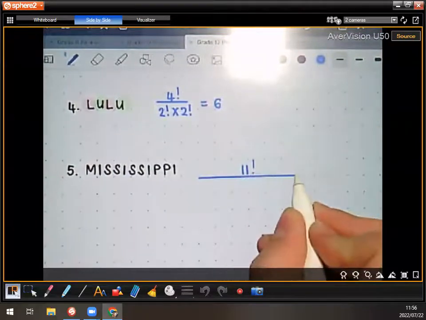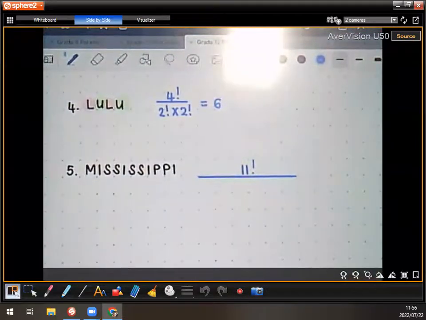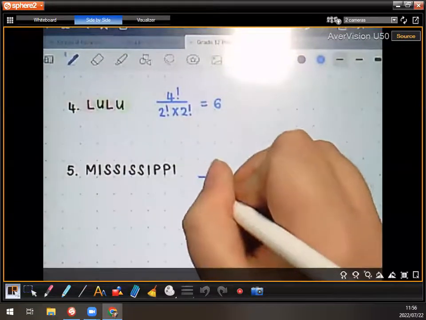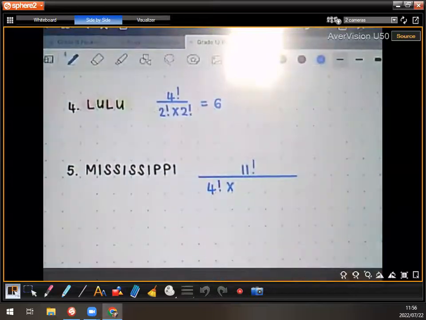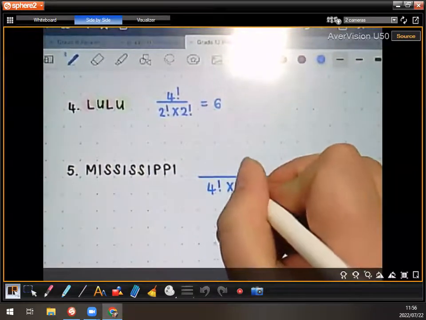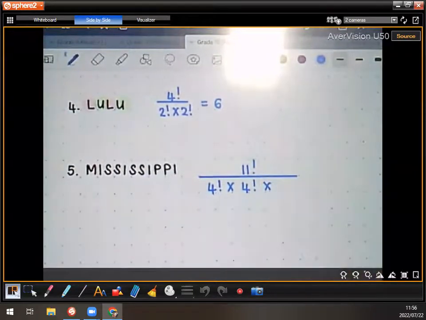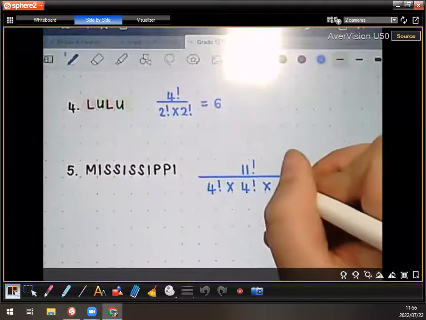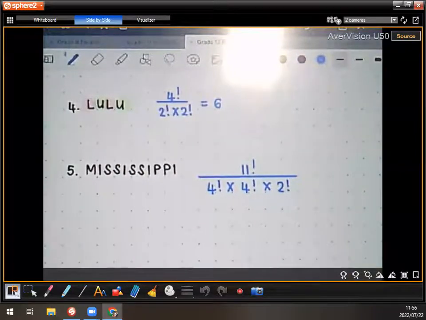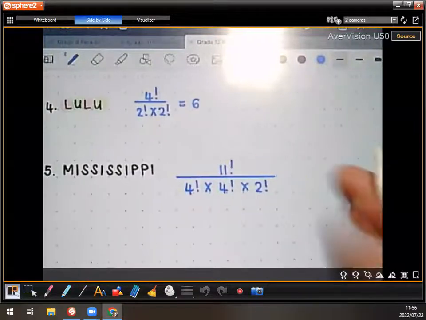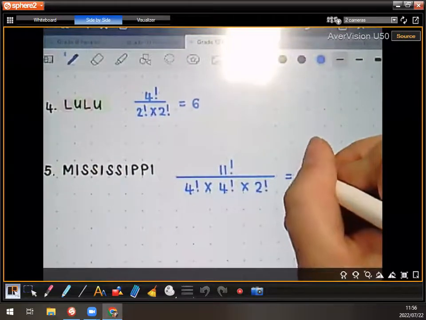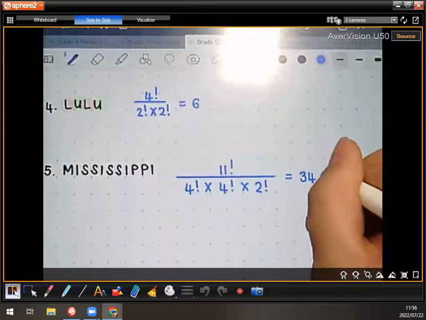But then we need to divide by all of the letters that are repeated. So how many I's do I have? 4. Times, how many S's? 4. How many P's? 2. Are those the only ones that are repeated? Yeah. Just tell me what that answer is. 84 times 34. 600 and